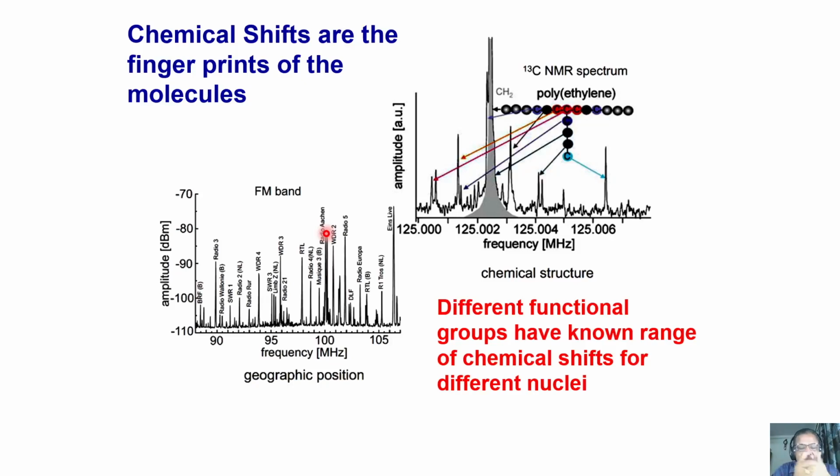Now I get a spectrum, let us say. I have a peak. Several peaks I am going to get. Now I want to understand, if there is a peak here, what does it say? If there is a peak here, what does it say? This is a picture taken from the book of Bernhard Blümich, where it says, see for example, each frequency corresponds to a radio frequency, like the FM band. As I said, NMR comes with radio frequency. Let us say it is one of the radio frequencies corresponding to a particular radio station. This peak corresponds to a particular radio station.